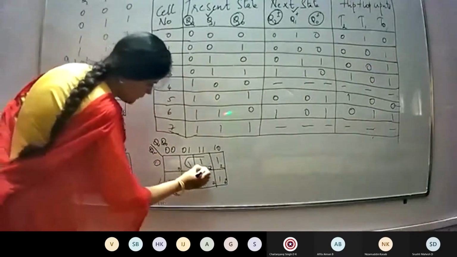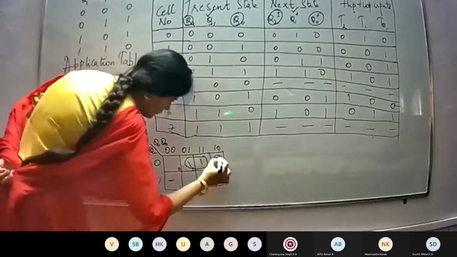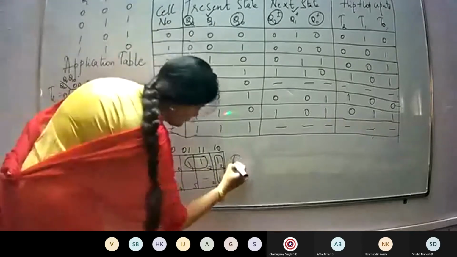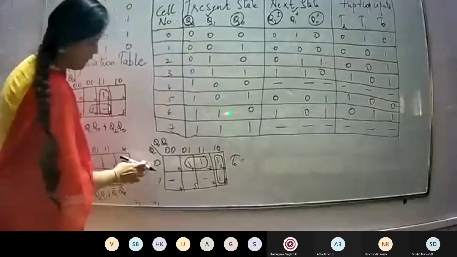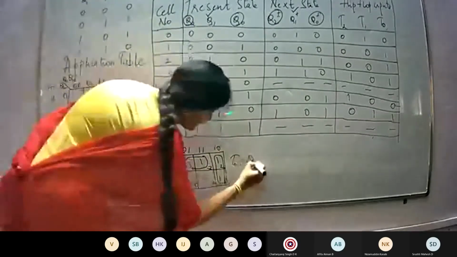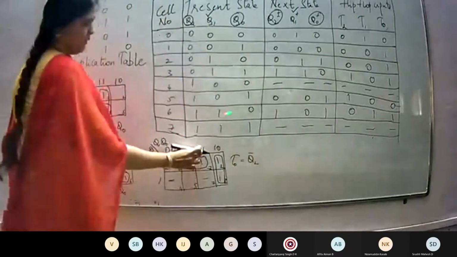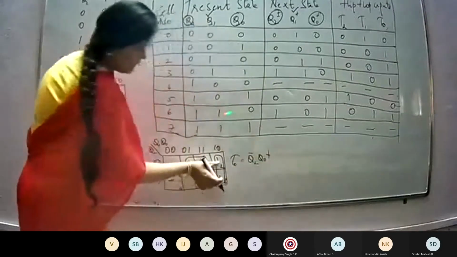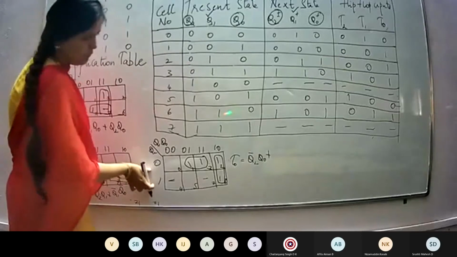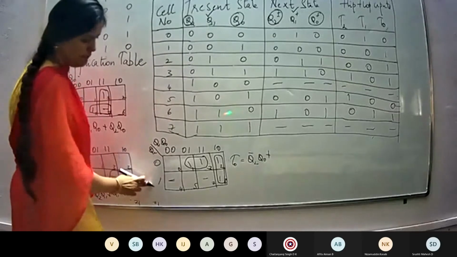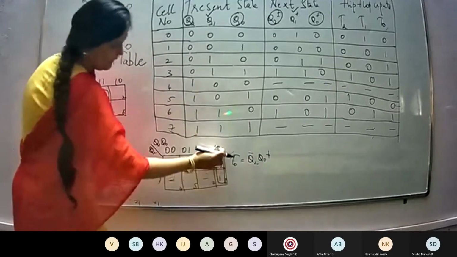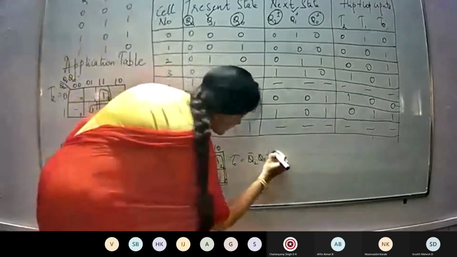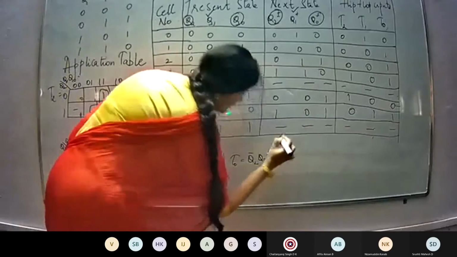Like this you can do, and this you can do. So T0 is equal to, corresponding row, Q2 bar; corresponding column, Q0. Plus this covers all the rows, so we will not be taking anything from here. It corresponds to this column, so it is Q1, Q0 bar.